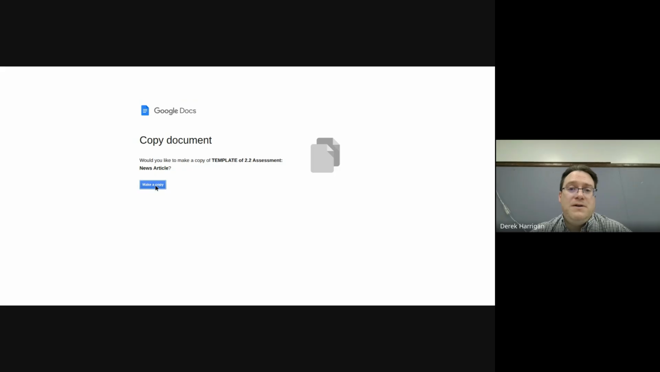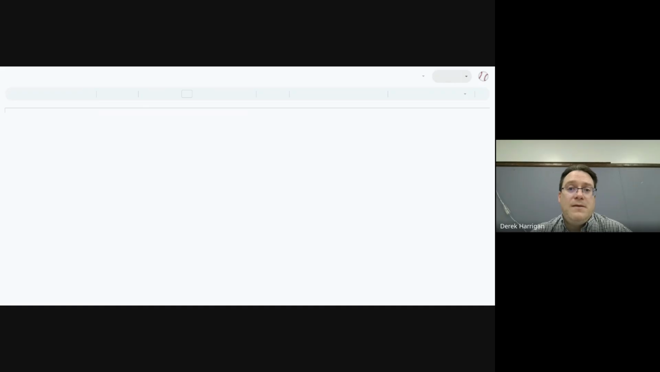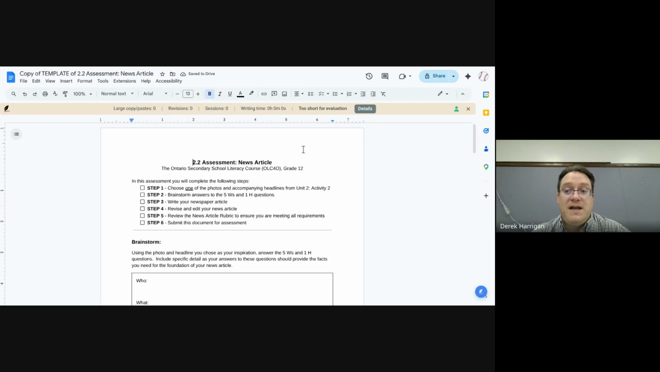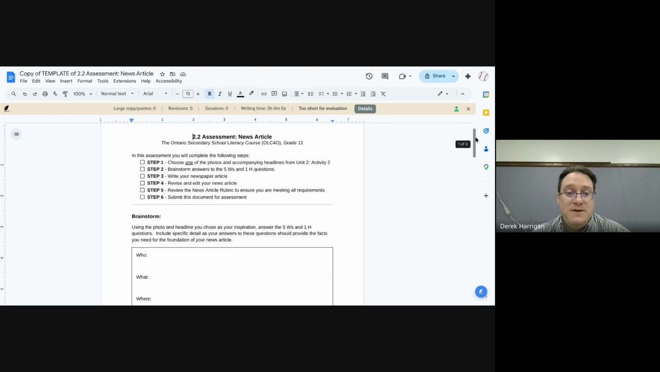Let me show you here. You have to make a copy. But you can just fill this out for your assignment. So it reminds you of the steps. Choose one of the photos and the headlines, brainstorm the 5 W's, 1 H, write your news article, revise and edit, review the rubric, submit your